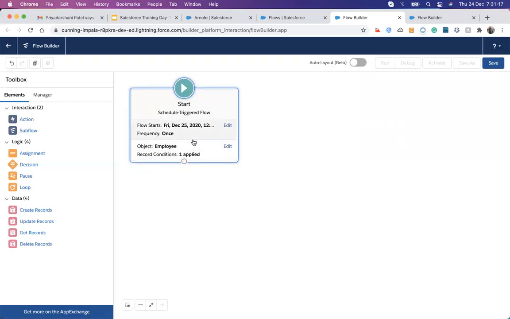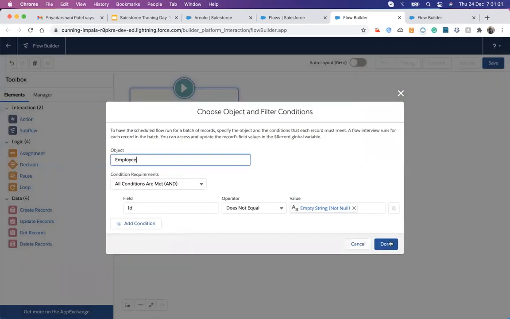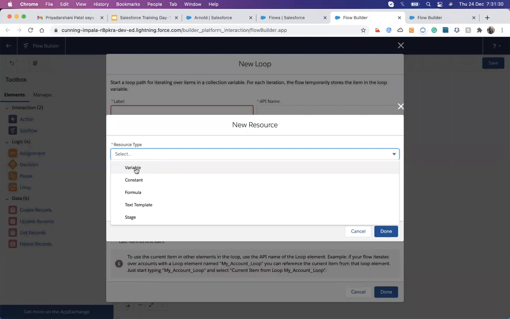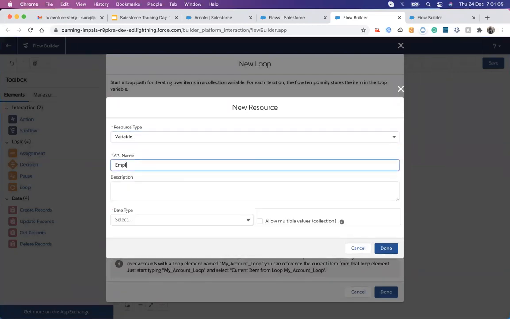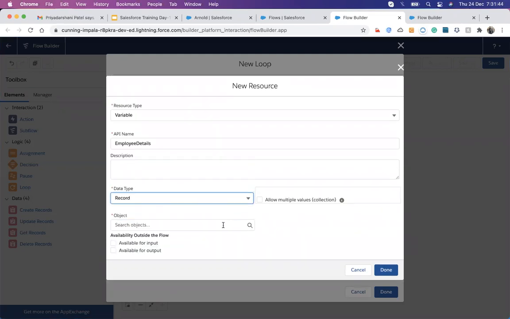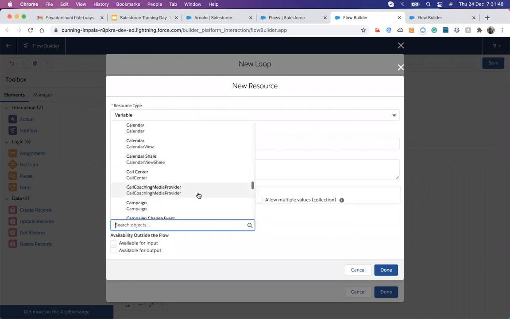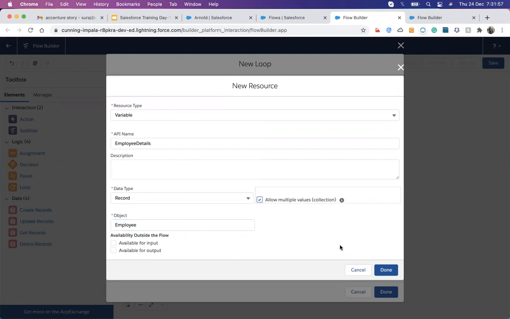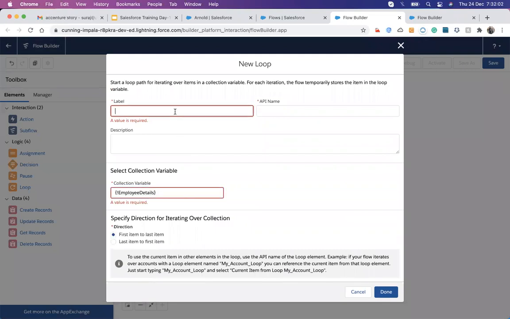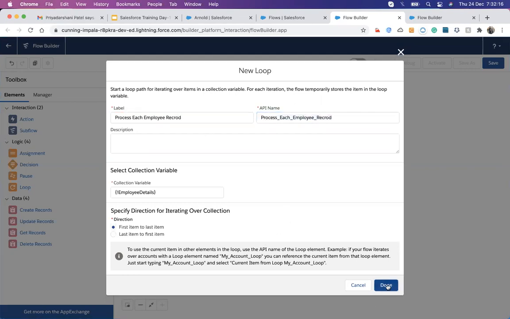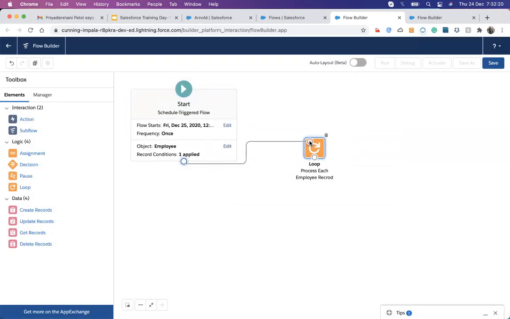Let me store it. Once the employee records, condition one is applied, then I need to store that record like this. It's not sending.